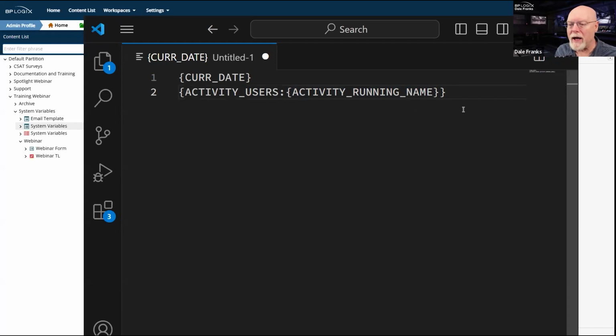So being able to nest system variables does a lot of cool stuff. One of the examples that I often use is sequence numbers, for example, which have a similar problem. If I type in just sequence number, what the sequence number system variable does is it just returns an auto numbering number, right?